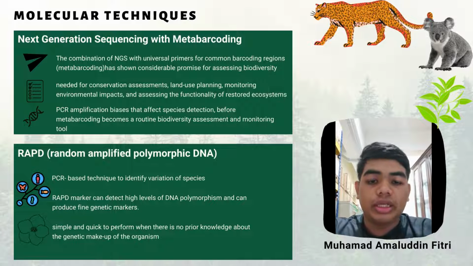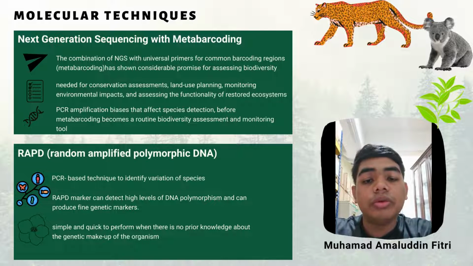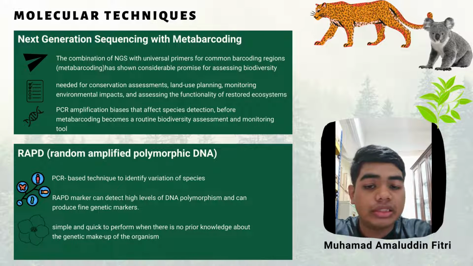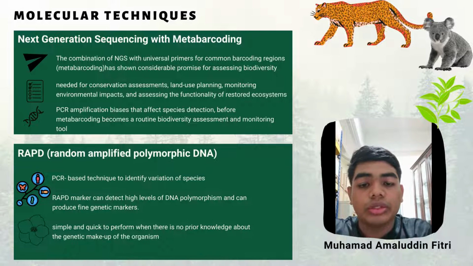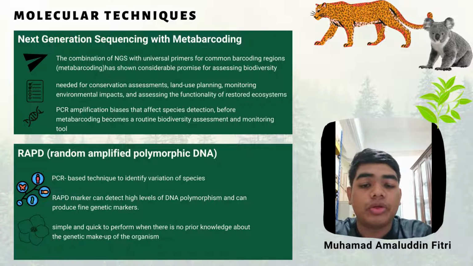Next, a molecular technique for conserving biodiversity is NGS with metabarcoding. It is a combination of NGS and universal primers for a common barcoding region, used to assess conservation effort, land use planning, and the functionality of the ecosystem. So PCR amplification affected species detection way before metabarcoding became routine in conservation of biodiversity and as a monitoring